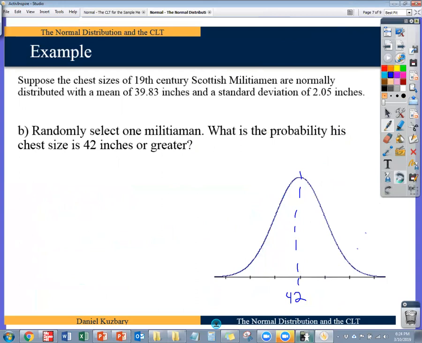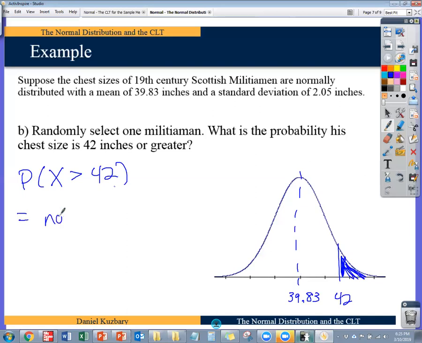I'm sorry, that should be the mean. So this is 39.83. I'm trying to find up to 42 or greater. So now I'm doing a greater than problem. You remember with the table, I had to do the 1 minus trick every time I saw greater than. This is going to be much easier to do because I've got the normal CDF function,